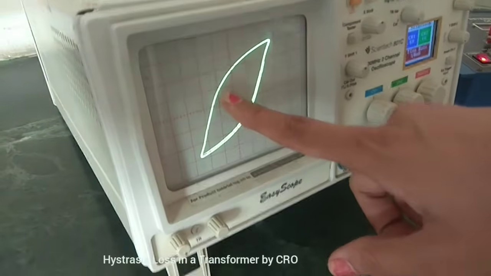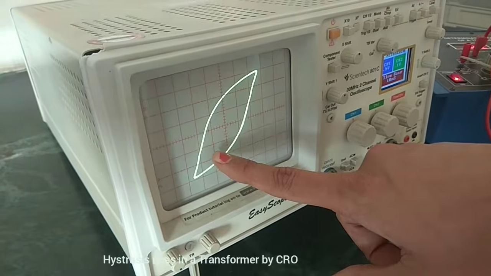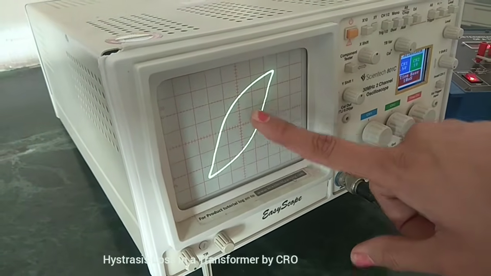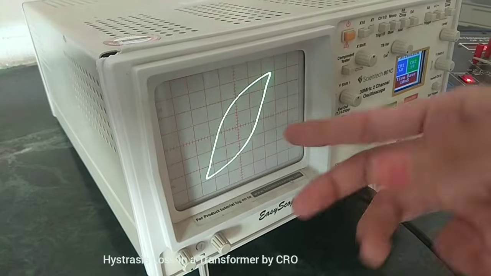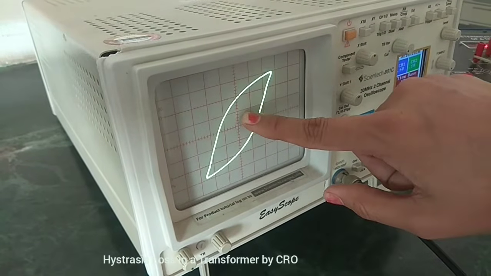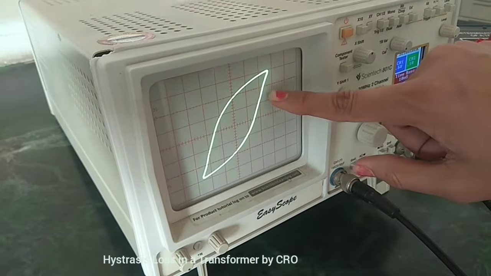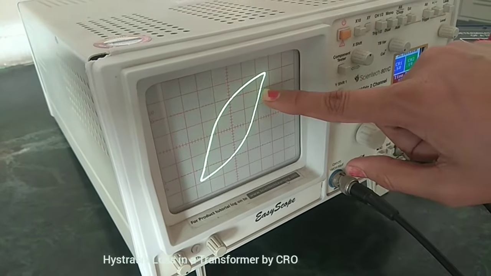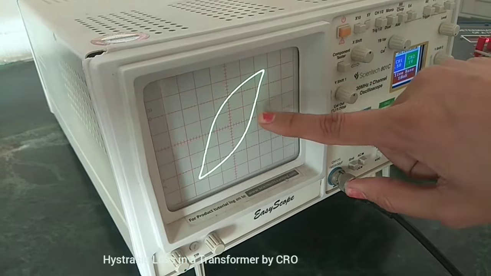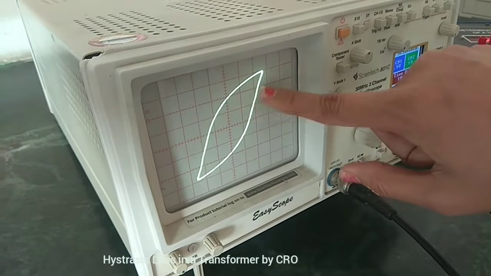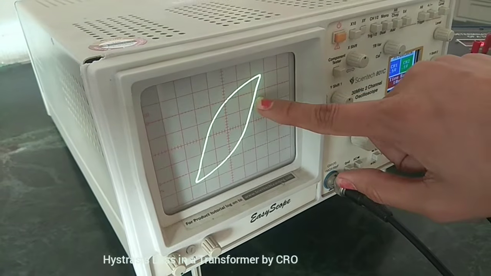So here the loop area is nothing but counting the number of squares. First you can count the upper half and then multiply by 2. So there's 1, 2, 3. 3 is a whole square. This one is not exactly half, but slightly less than half, and this is more than half, so this will be considered as 1. So 3 plus 1 is 4.